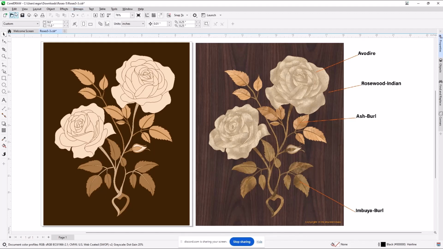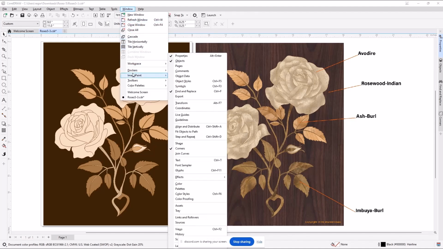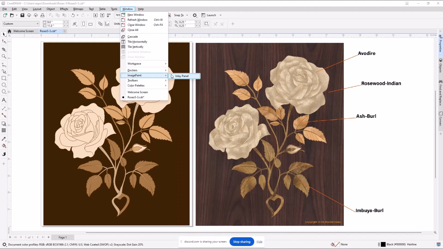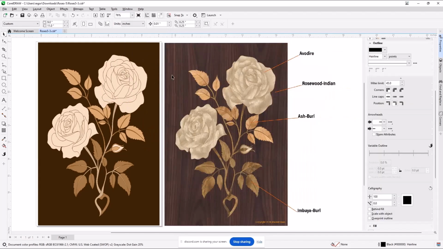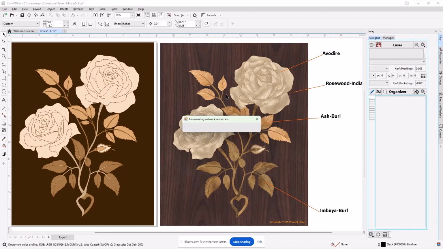So if everything's well and you've done your windows and you've loaded your Image Paint correctly, on the same window menu that we found the workspace, the Dockers, is your Image Paint. I'm going to bring up Image Paint now by selecting this one. Image Paint is an add-on to CorelDRAW, and in the context of CorelDRAW, that's where it works. It's not usable as an independent. It's not usable with different software packages per se. So we don't have a LightBurn version of Image Paint.